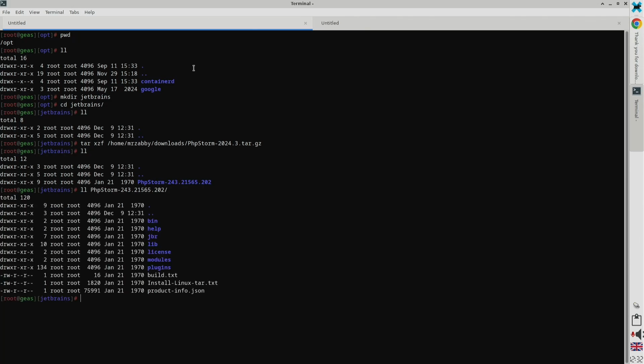Yeah, that's correct. But I don't like the folder name, so let's change it to something better. Like just PhpStorm. Yes. Okay, cool. Now it's better. Okay, and to start